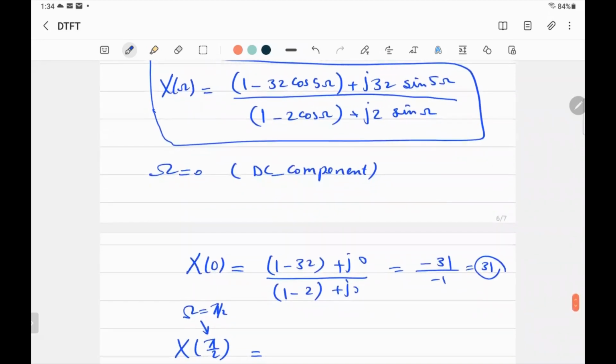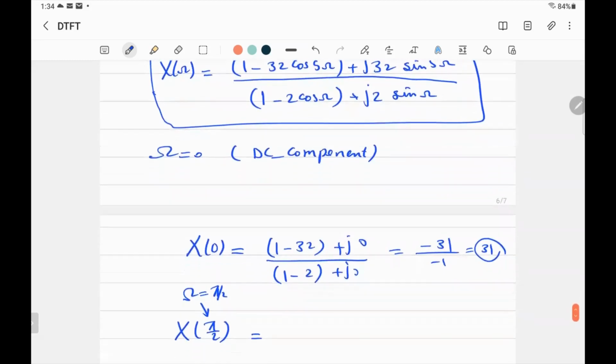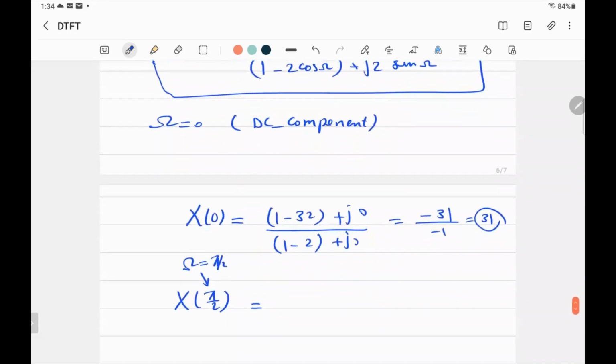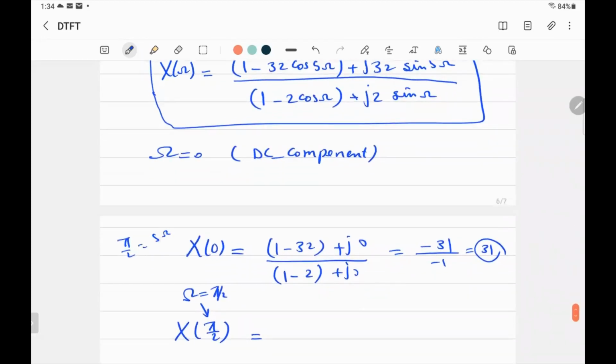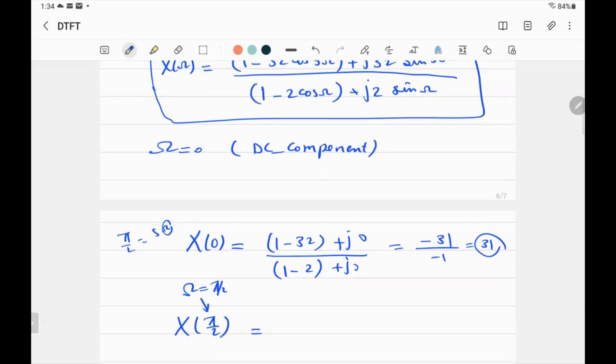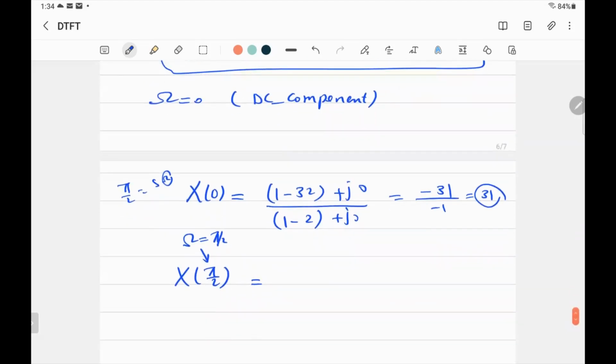Let me take something nicer. Pi over 2 equals 5 omega. So no, I will say pi over 10. All right, let me pick pi over 10. So X of omega equals pi over 10 equals